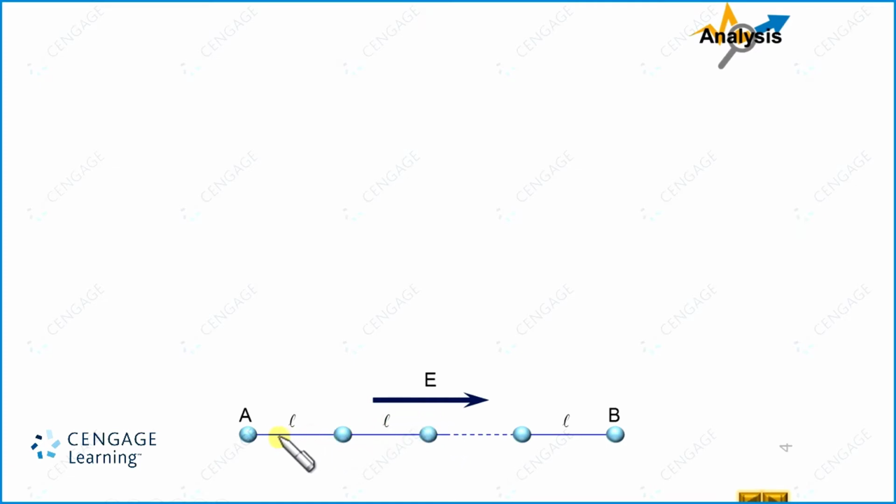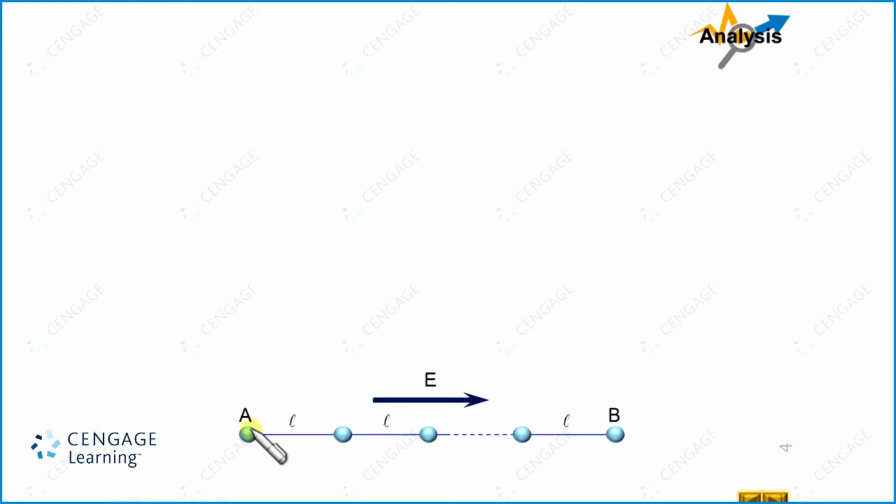First point, initially the balls are not having any charge. That is, if we consider the n balls as a system, the initial charge of the system is equal to 0, and that will remain 0 always. Here we can observe the electric field is pointing in the rightward direction. That means the electrons of the balls will move in the leftward direction, and because these balls are conducting and connected by conducting wire, electrons are free to move toward the left.